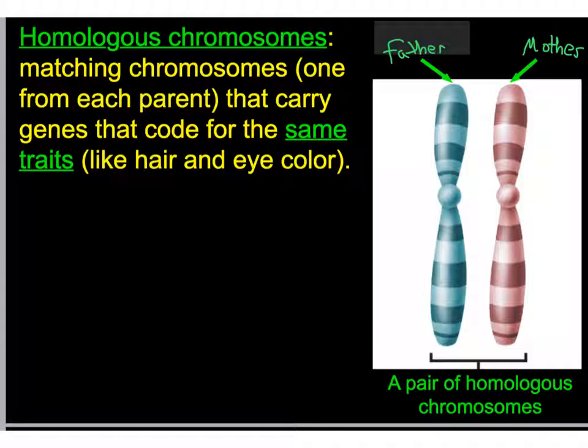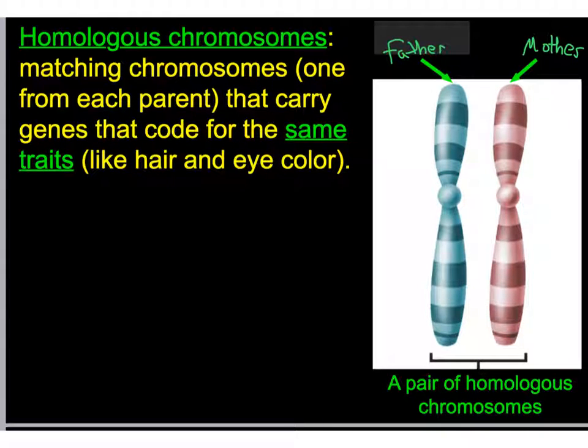Now, as we've already looked at in this video, humans have 46 chromosomes total. That's how much DNA we have. But those 46 chromosomes exist in pairs. That's why we're diploid. And those pairs are called homologous pairs. Now, homo means the same. So what's the same about these chromosomes? Well, they are not necessarily letter for letter identical. They're not copies of each other. But they are homologous in that they have the same genes that are controlling the same